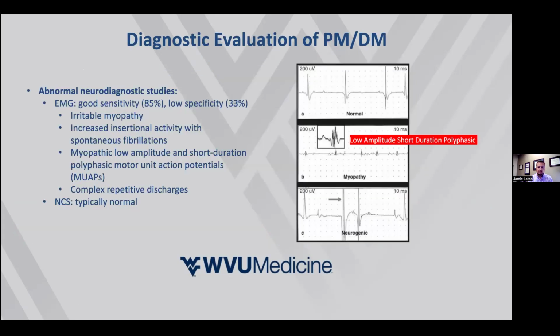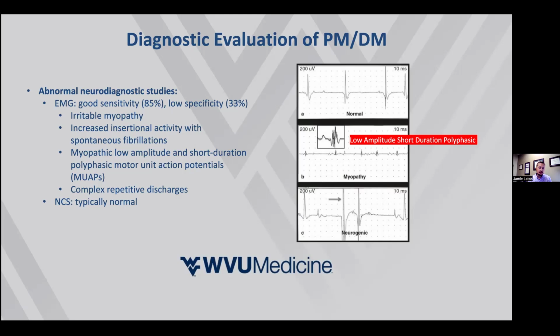And then this was briefly mentioned on one of the other slides, but EMGs certainly can be helpful, though there are a couple of things about them that we need to keep in mind. While they do have good sensitivity, they're not a very specific test for an inflammatory myopathy. There are characteristic findings that we would look for, but they're not always reported in the same way, or not every patient may have all of the triad or four findings together at the same time. But in general, the things we're looking for are irritable myopathy findings, increased insertional activity, and